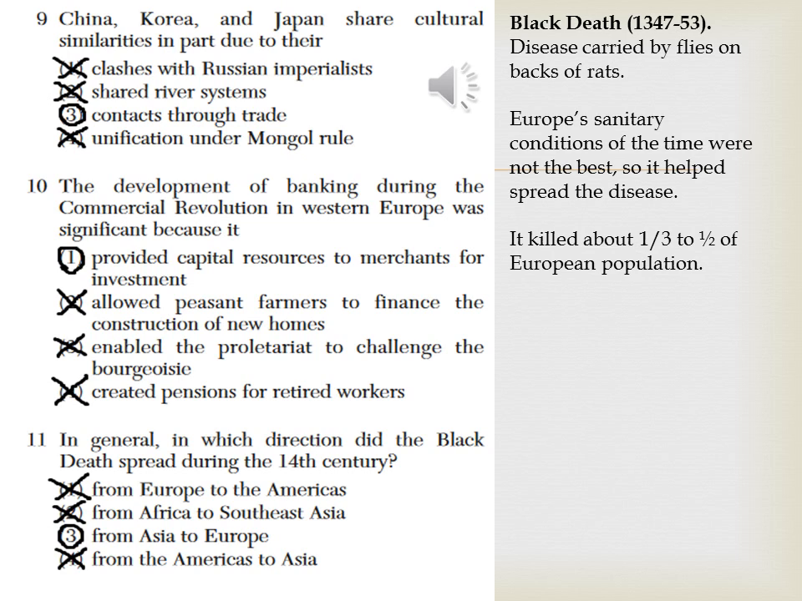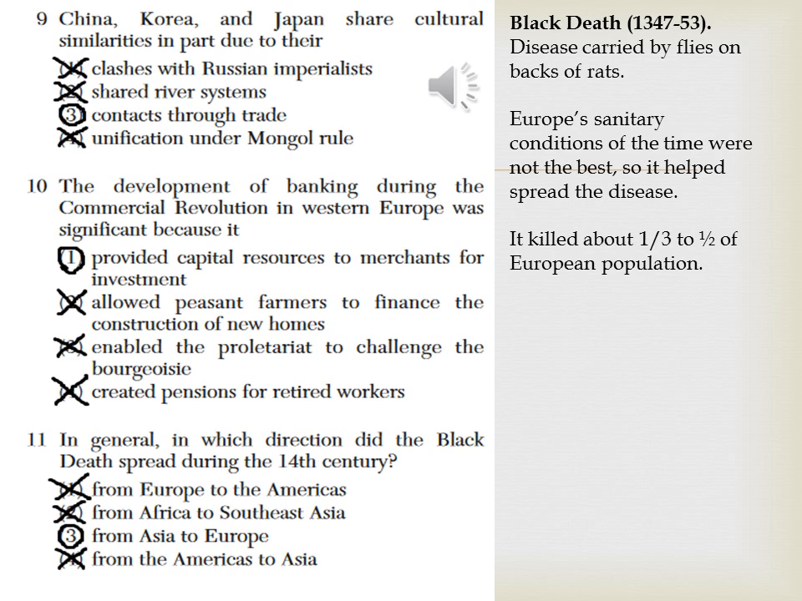And Europe's sanitary conditions of the time were not the best. Basically, you would see a lot of garbage on the streets of Europe during that time. It was not the best. So it helped spread the disease. And it's still debatable, but it might have killed 1/3 to 1/2 of all European populations, of all of Europe. And it's a disease,